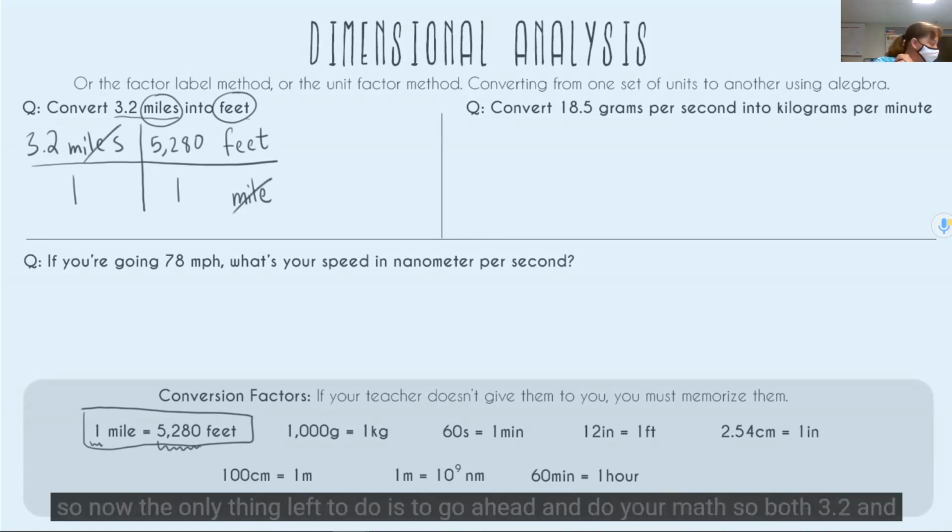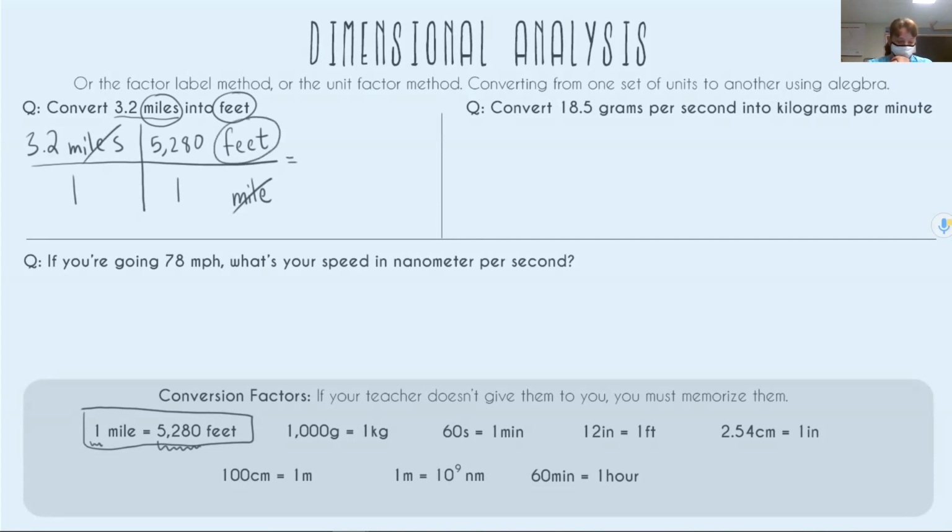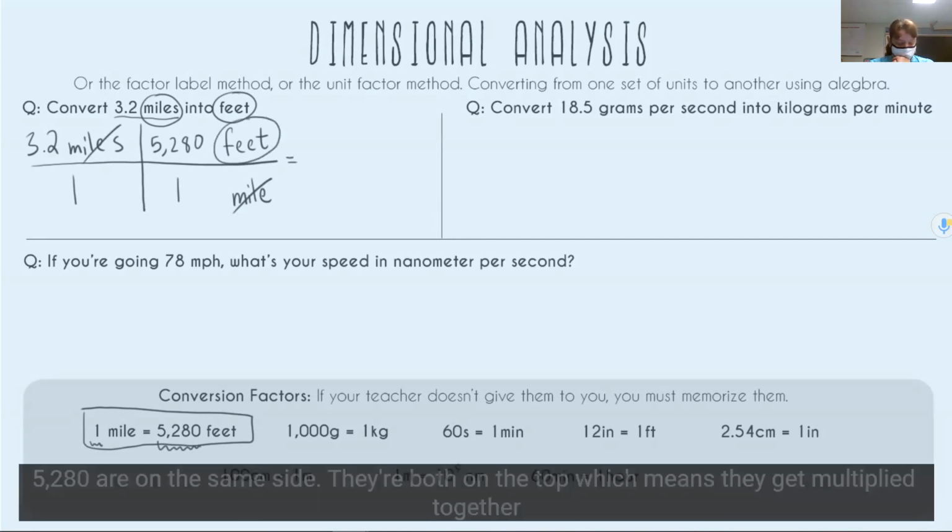So now the only thing left to do is to do your math. Both 3.2 and 5,280 are on the same side. They're both on the top, which means they get multiplied together. The denominator is only 1, so we can ignore it or divide by 1, same thing. And we get